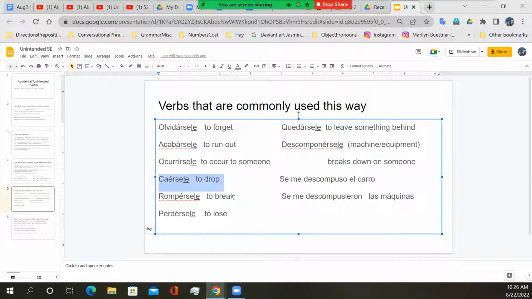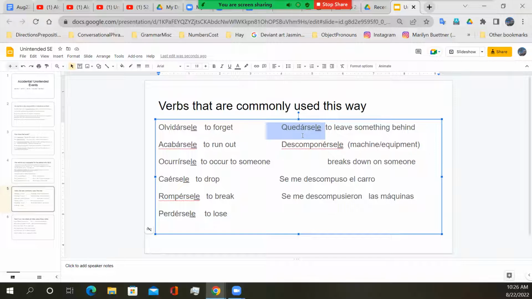Somebody dropped something. And again, that's an oops. Didn't mean to. Somebody broke something. Oh, they didn't mean to. You lost something. Oh, this one is totally saying, not my fault, I lost it. Okay, I was a doofus maybe, and I lost something, but it went and got itself lost on me. But obviously you didn't mean to lose it.